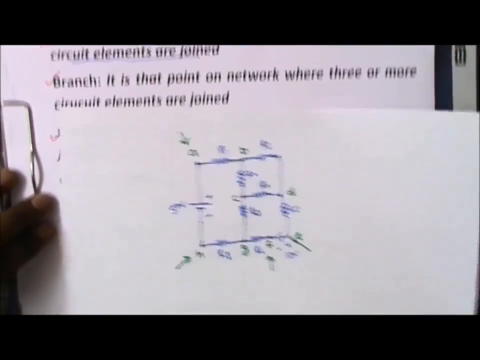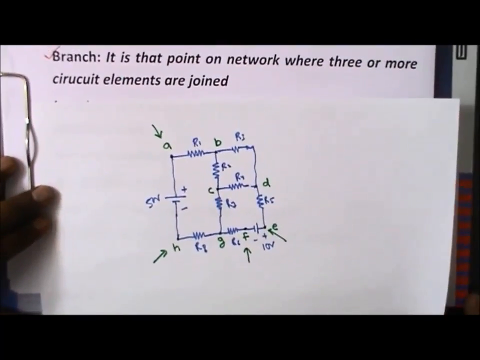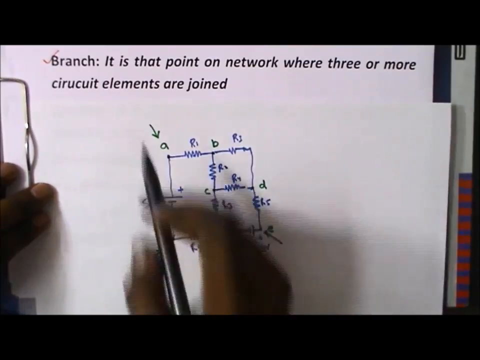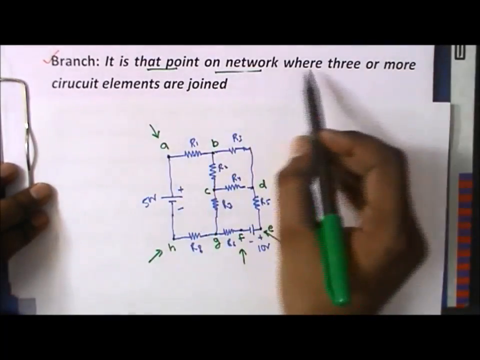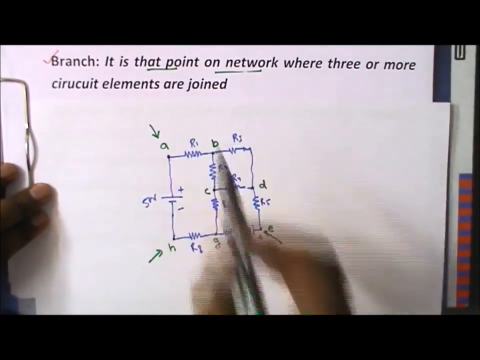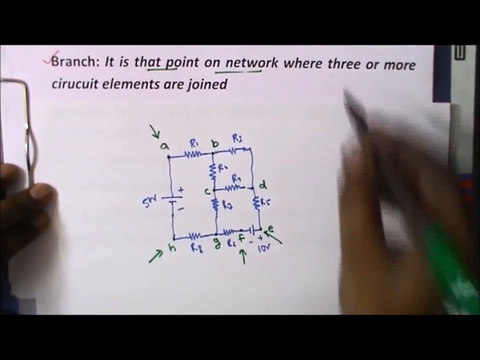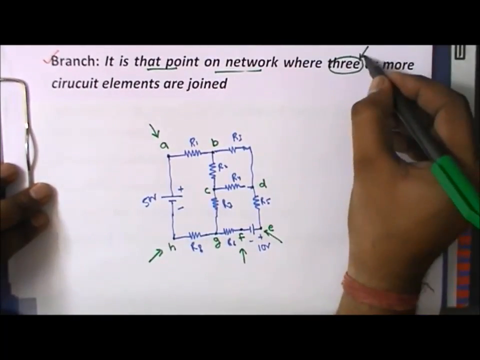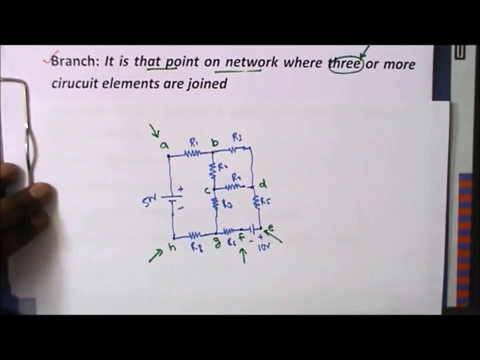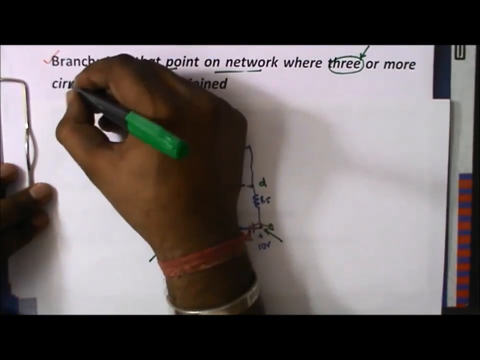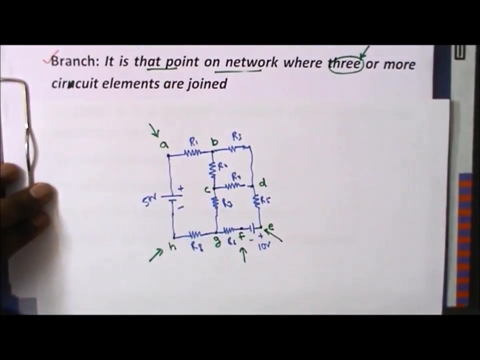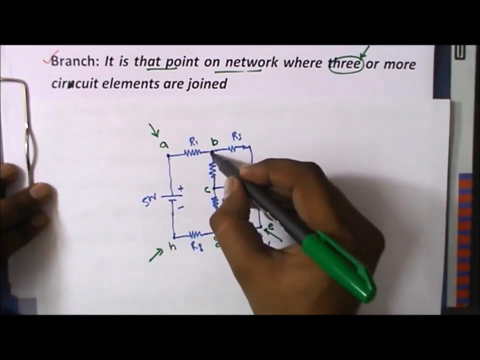Now come to the next point that we are calling as a branch. It is a dead point on the network where three or more circuit elements are joined. Three or more, three, not two. It should be more than two, only then you can say it is a branch. Three or more elements are joined, that we are calling as a node. Here we have seen that B is having three elements, so it is a